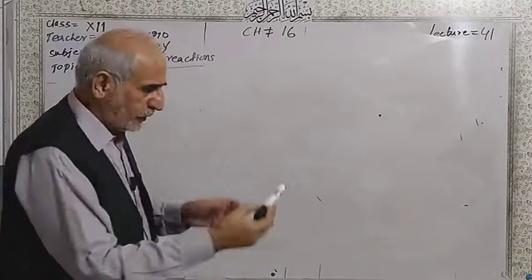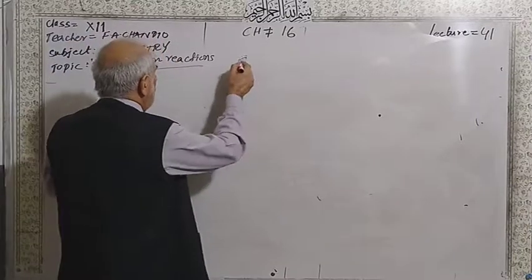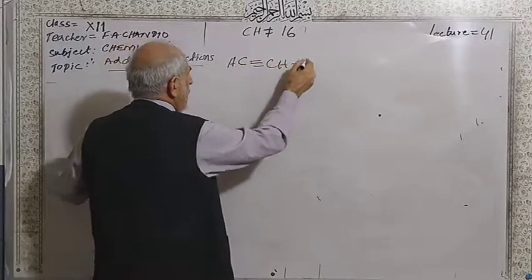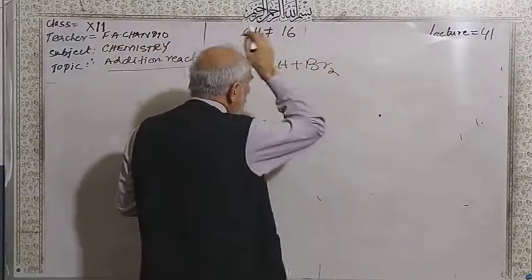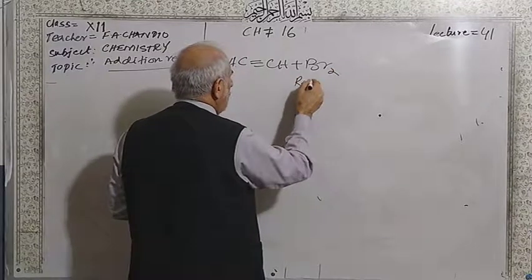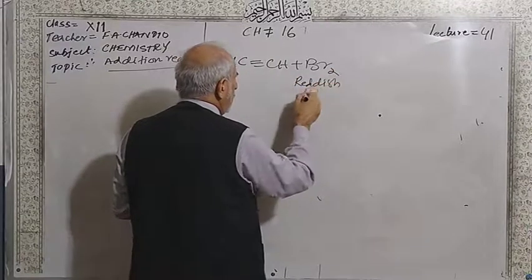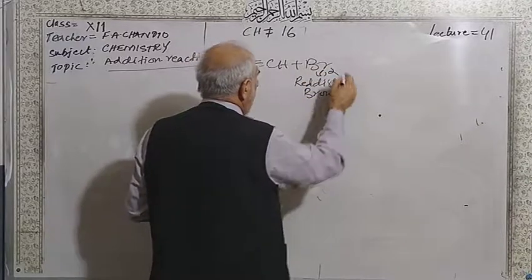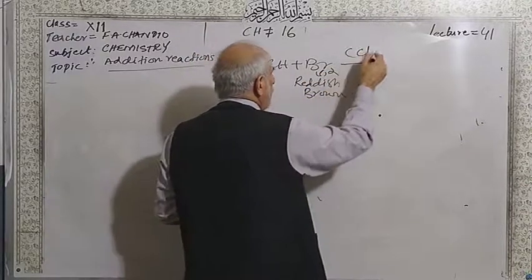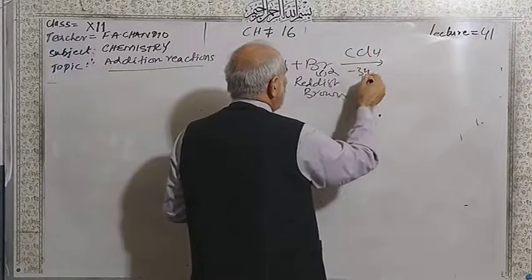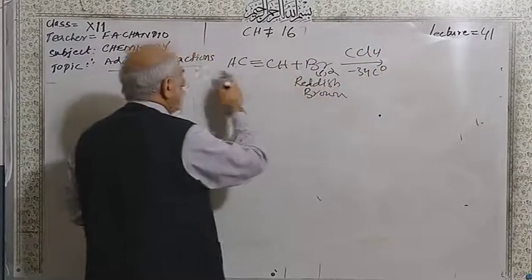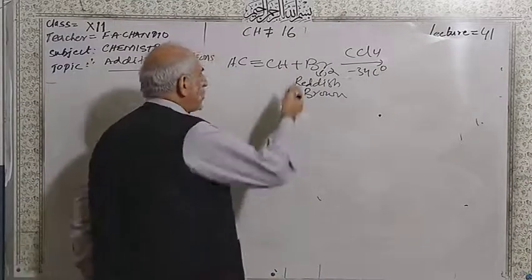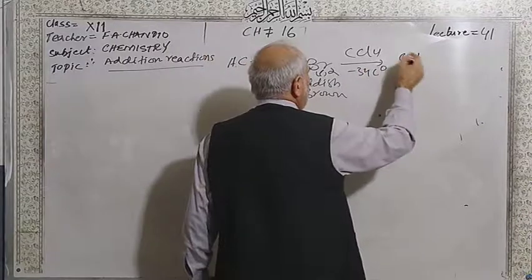Addition of bromine water, a reddish brown liquid, in the presence of carbon tetrachloride as solvent, at minus 34 degrees Celsius. There is no doubt the alkyne is symmetrical, and bromine is also symmetrical. So you will get